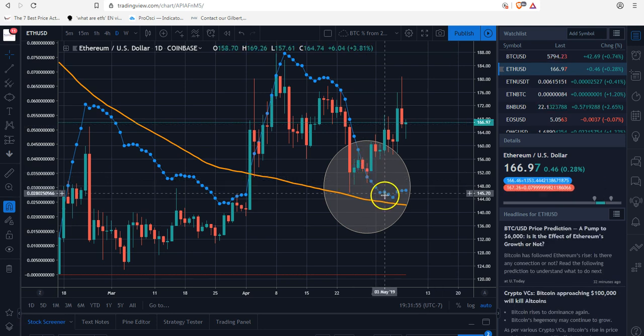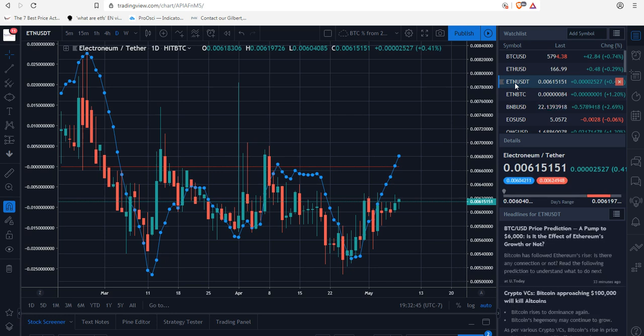We do have a negative divergence, but we have the oscillator going sideways, and on this bar here, when it was up at the $180 range, obviously the oscillator, this dot, was higher, so it was moving up. When it pulled back and had a reversal, then it's still higher than this dot here, but it still has a decision to make. Is it going to be moving back up, or is it going to start moving back down? And in that case, we'll see the oscillator start moving back down, and that'll pull the price to the downside. So again, you've got Bitcoin, you've got Ethereum, you've got